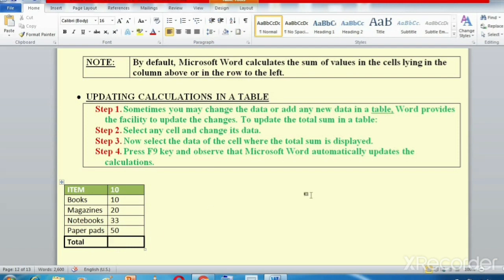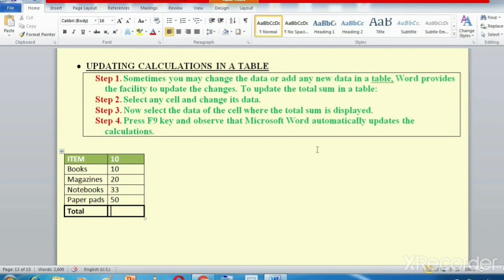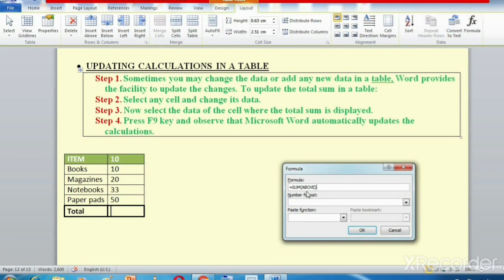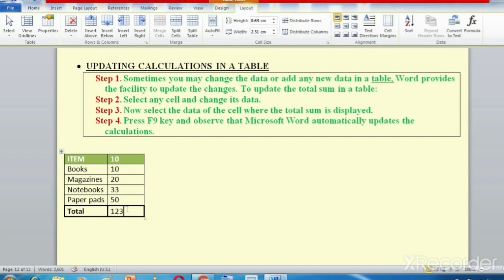You come to this cell, go to the layout tab, go to the formula button, and then the formula is already present, equal to SUM(ABOVE), because for above Word provides it by default, and for left also it provides by default. So the formula is already written. We'll click on OK, and see, the sum has been displayed.